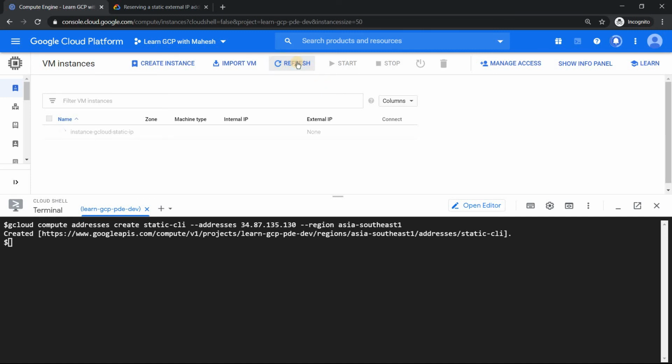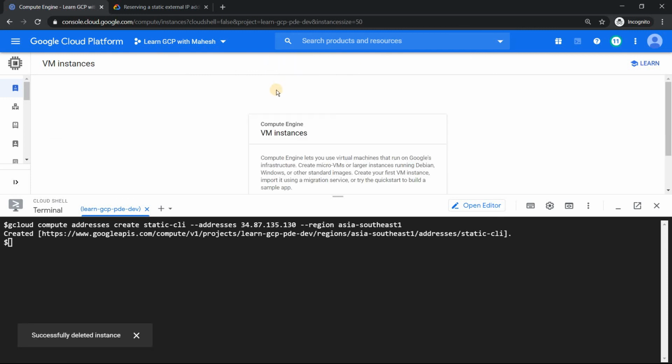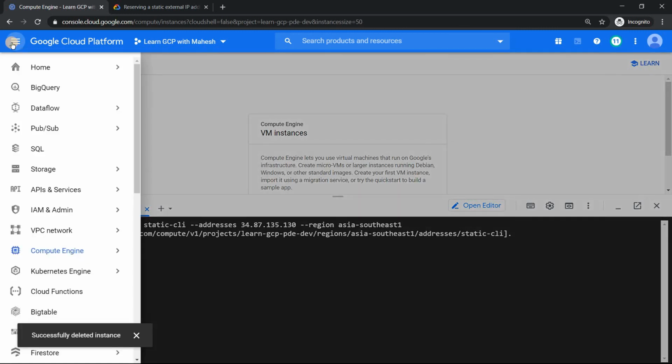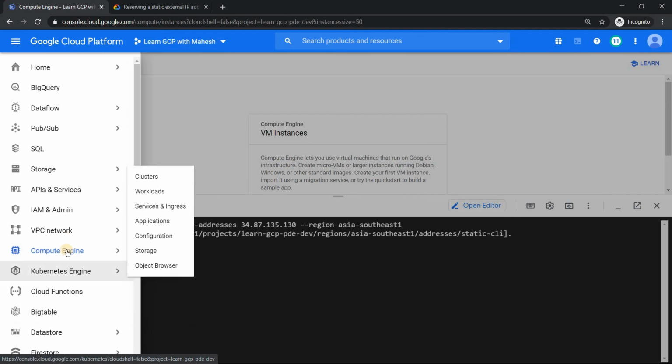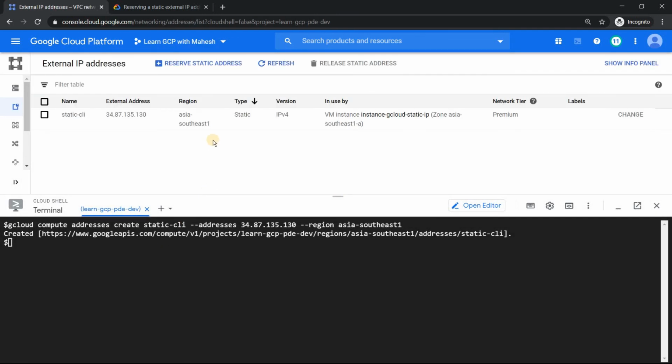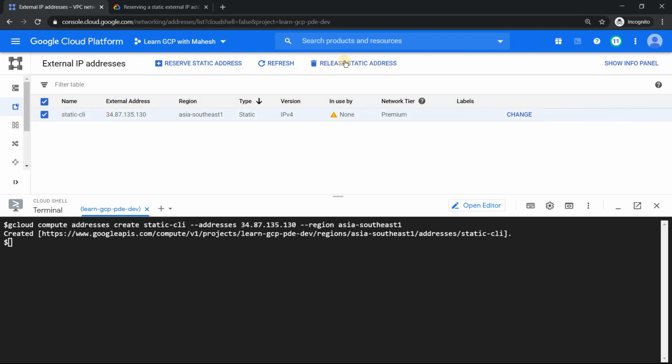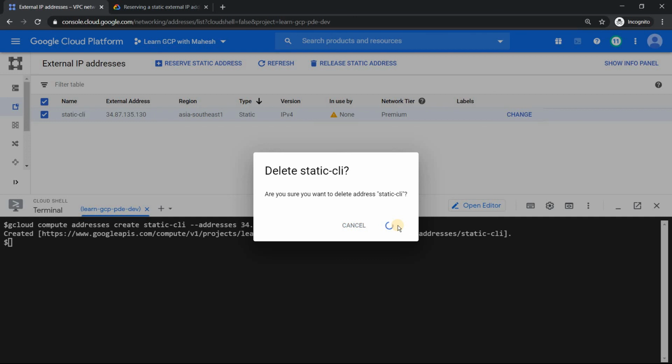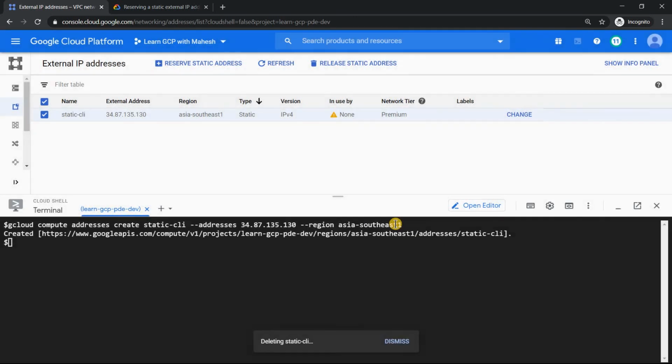Whenever you have a static IP address and you have removed the resource, so it's not attached to anything, make sure you go and release it by just going to the network, external IP address. You will see, if I just refresh it, it's currently not used by anything. So this is going to be an expensive one. Simple. Click on here and release this. This way you will not be charged anything. So that's the thing which I wanted to show.